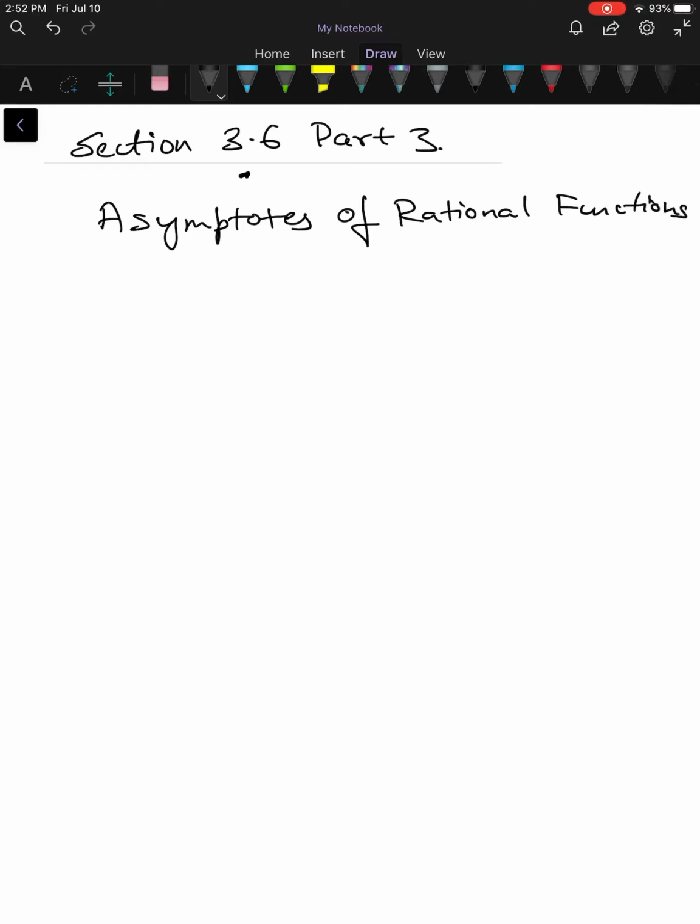We will learn a few techniques for looking at a rational function and finding the vertical asymptote as well as the horizontal asymptote, and even learn a few techniques wherein it is very easy to write your horizontal asymptote. As explained in the previous video, the general form of a rational function was